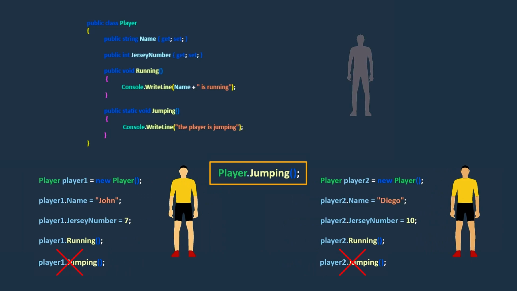By calling it on the class itself rather than on an instance of the class, we can access and utilize these static methods. As you noticed, the main difference between a static method and an instance method is that a static method belongs to the class itself, whereas an instance method is specific to each individual instance of the class.